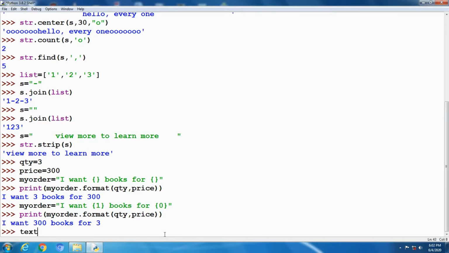Next one, text. The escape character allows you to use double quotes when you normally would not be allowed. See the example.